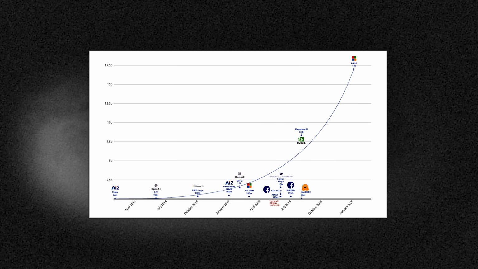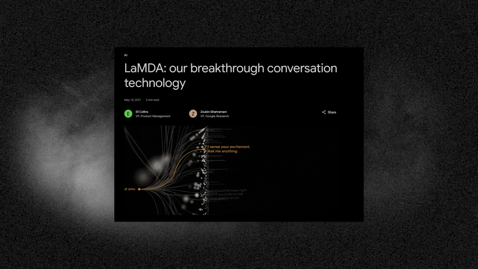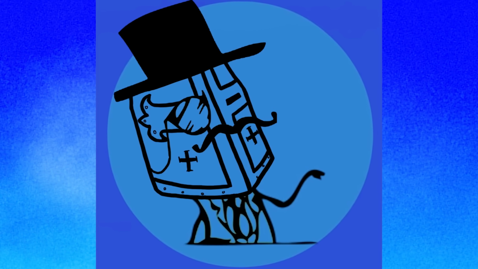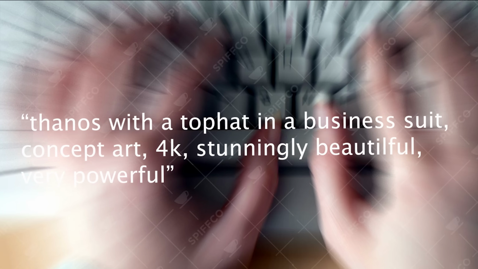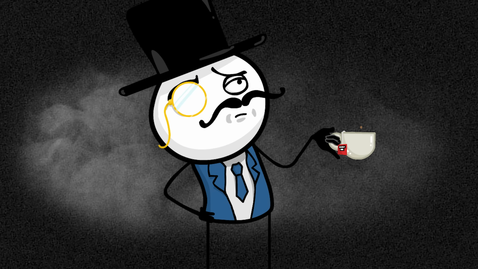AI technology has advanced massively in the span of the last few years, and with that advancement has come new innovative ways of creating things. Why draw a meme when you could just get an advanced AI to draw Thanos in a business suit for you, simply by typing out those words? It's beautiful. Now, as a full-time content creator, I'm always looking for ways to become more efficient, more effective,